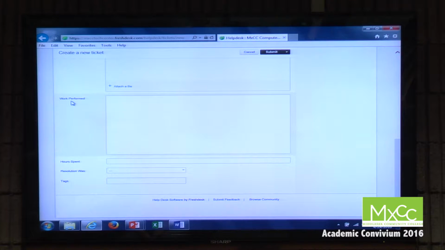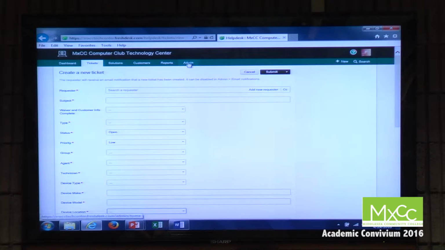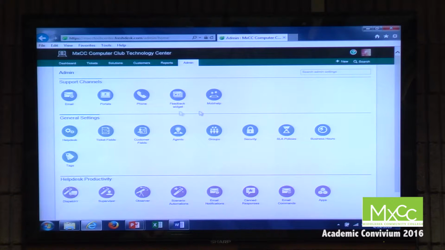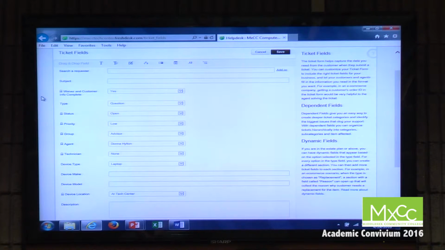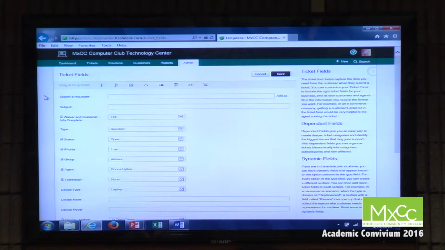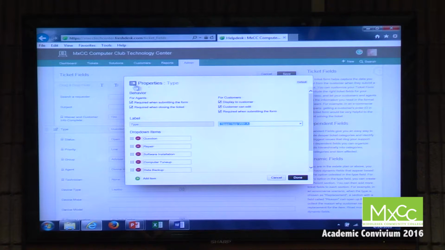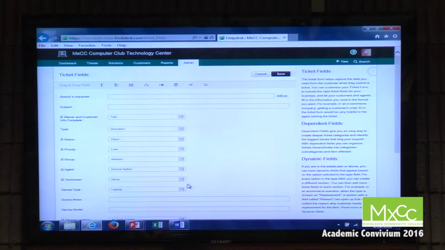So we received the requirements from the tech center, and from those requirements we were able to create all these fields that would capture the proper information. And all these fields are customizable. You could also choose the difference between what the customer would see in that first opening portal versus what the technicians see, as far as what it says and stuff like that. So